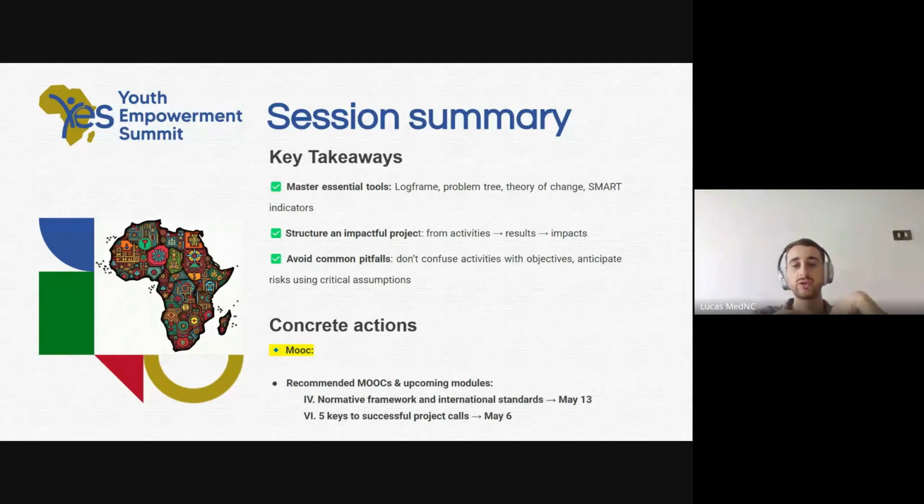It's important to structure an impactful project, so that your activities will have results and impact. It's also important not to confuse activities with objectives, and to anticipate the risks, to avoid critical assumptions and to be able to run your project correctly.